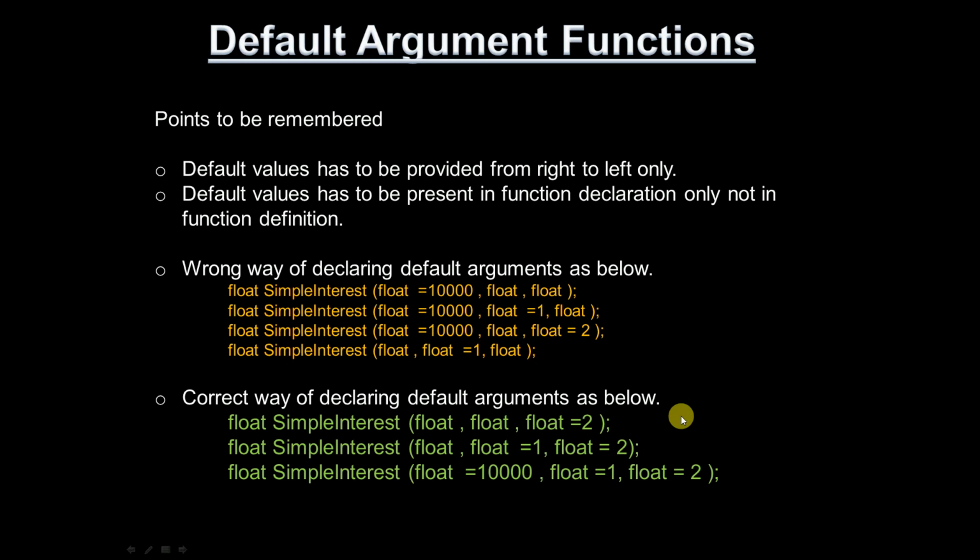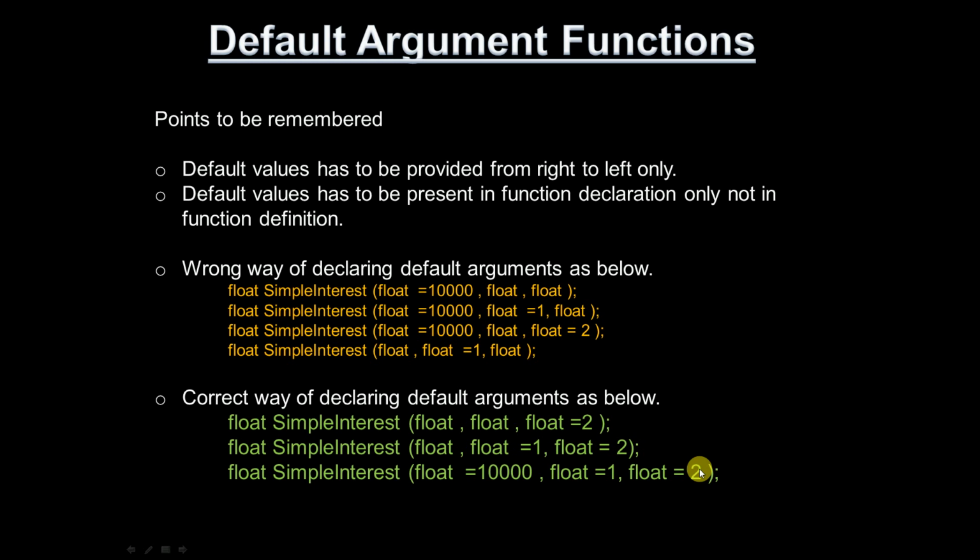Say for example, if we are implementing some banking application where you want to calculate, there will be something like floating interest calculation, as well as fixed interest calculation. So in case of fixed interest calculation, I will write only one function to calculate simple interest. For rate of interest, I will make it 9, which means 9% is the fixed interest rate. But the floating interest rate will change.